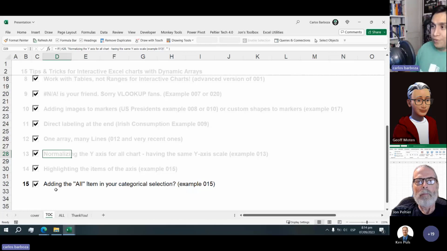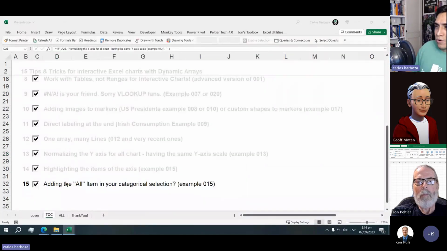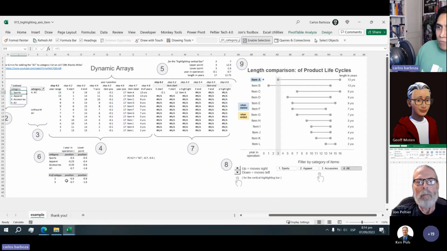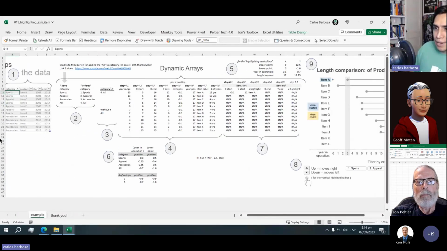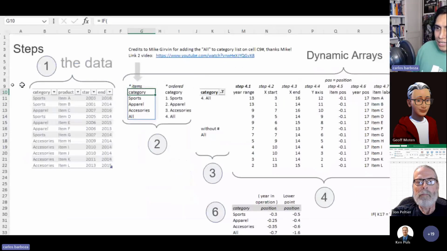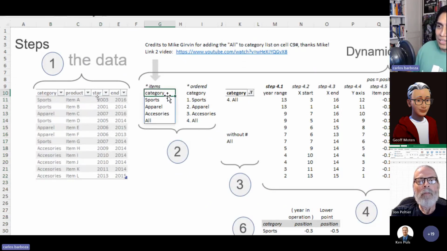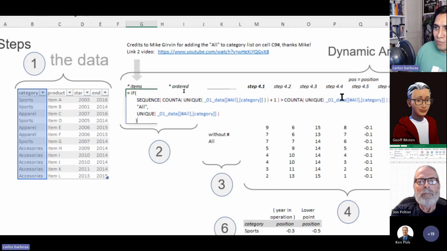Here, I'm going to go to number 15. So yeah, which is this one already, just to end. And what happened is that I'm adding the category. As you can see, the all item doesn't exist here. So what you can do with dynamic arrays, and a little bit of this formula right here that I also learned from Mike Irvin from that YouTube video,